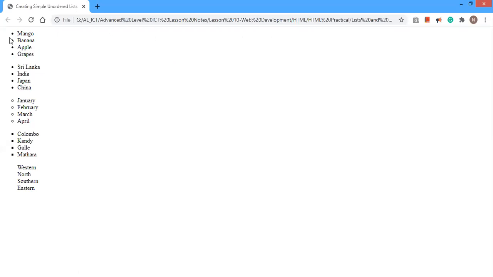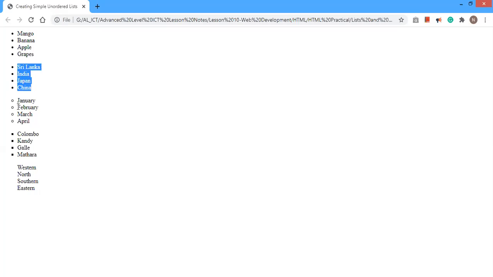With the disk symbol, the very first unordered list is displaying its items. At the second unordered list, I have used the type attribute value as disk. So this is the disk symbol.